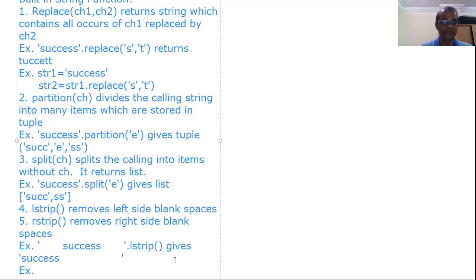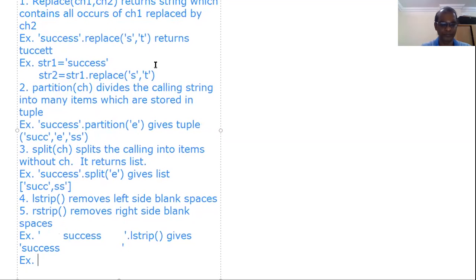Similarly, now we are using R strip. It gives left hand side spaces will be there, but right hand side spaces will be removed.